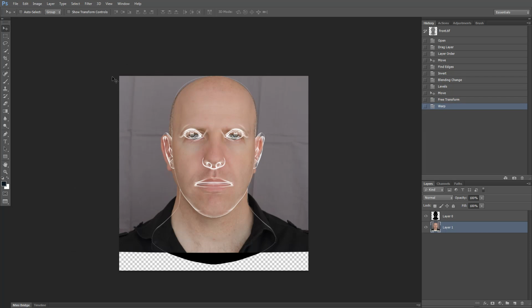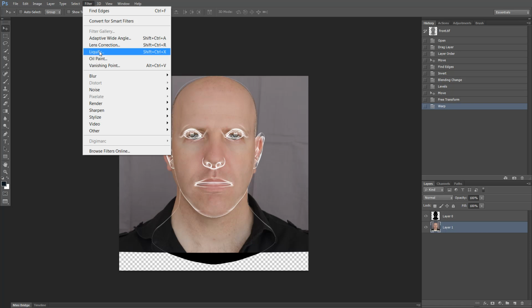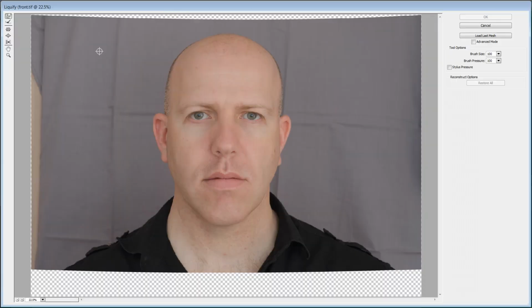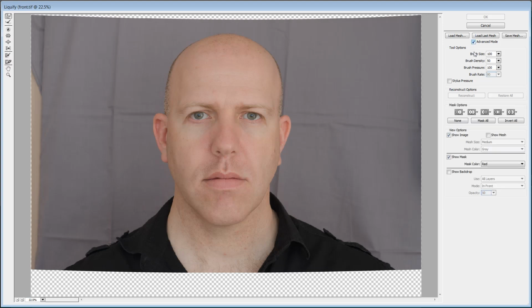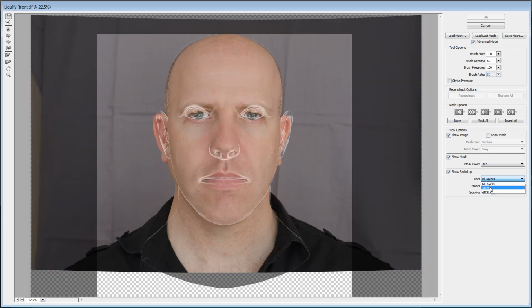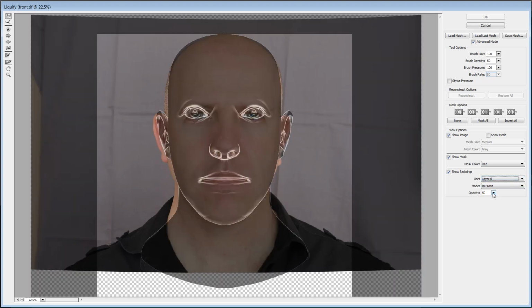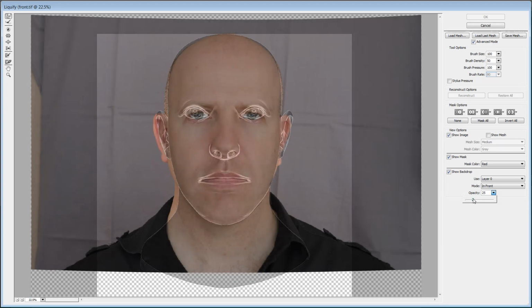And then the next thing I'm going to use is the liquefy filter to just finish it off. So we need to go into advanced mode here to show the backdrop. The backdrop that we're going to show is our wireframe layer, which I think was layer 0. I'm just going to adjust the opacity of that wireframe layer so we can see through it. I'm going to take that down to